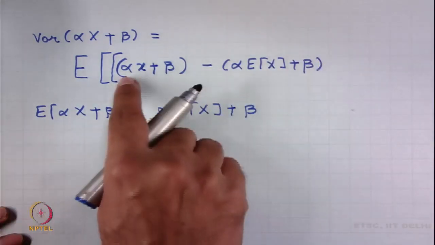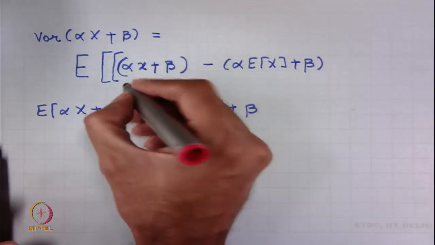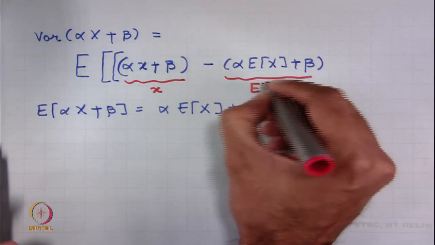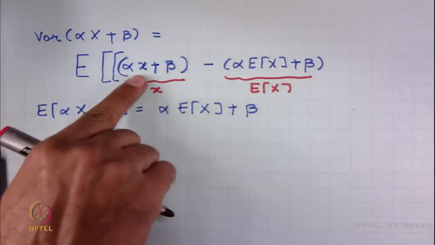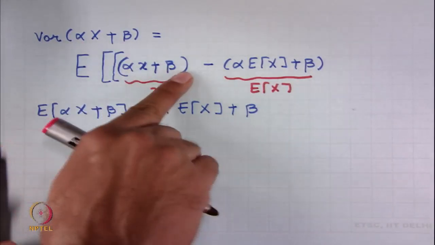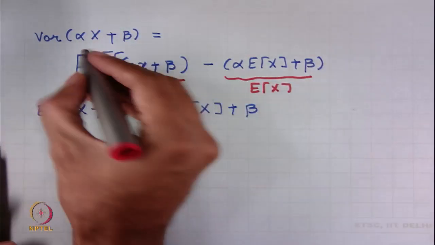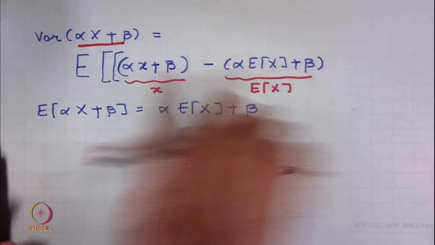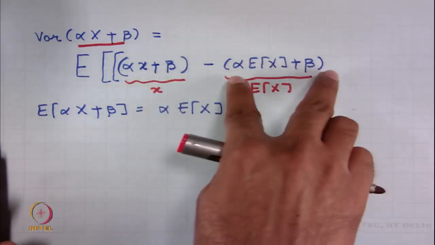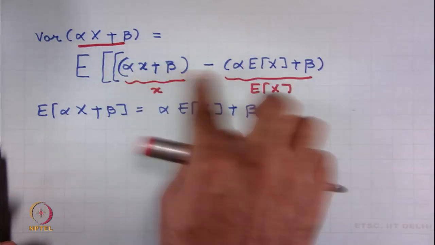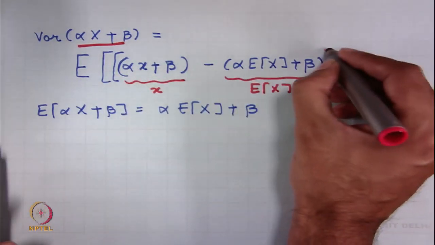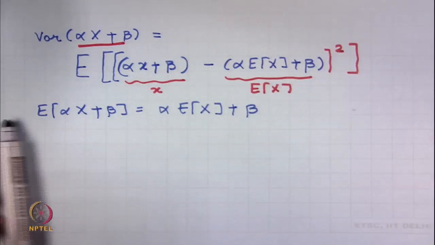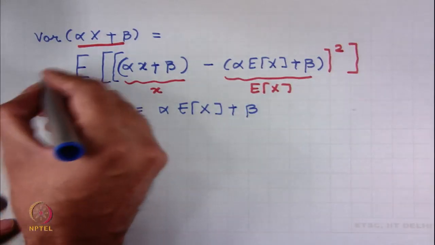So, we have taken a numerical value. This is of the form x and this is of the form E x. So, you take a numerical value, which in this case is alpha x plus beta, and then you take the expected value of this quantity, which is alpha times the expected value of x plus beta. You subtract the expected value from the numerical value as we have done, and then you square this and calculate the expectation. So, this I can write as